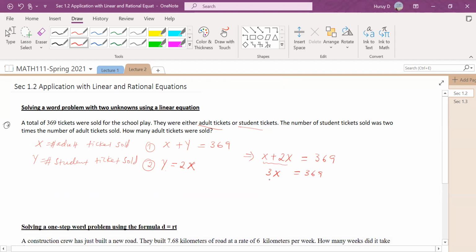And if you remember this from lecture 1, in order to solve for x, we need to multiply both sides by a number that makes the coefficient of x 1. So to make the coefficient 1, we multiply both sides by 1/3. And they cancel out on the left side, so we have just x. And here, if you divide 369 by 3, you get 123. So this is the total number of